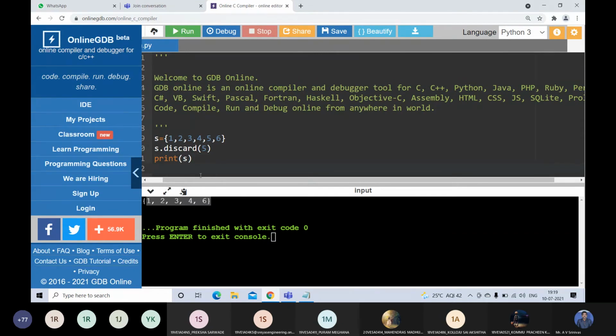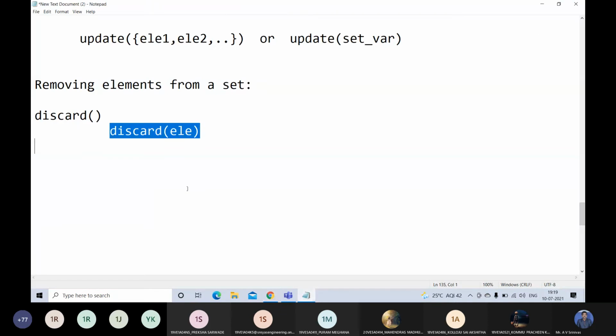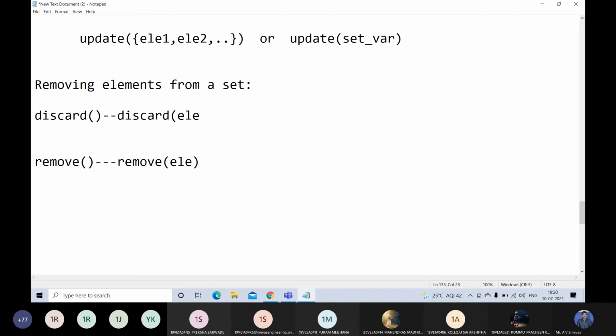There is one more method called remove method. This method also removes a particular element by using the same syntax, remove of ELE. Here we can use remove of ELE for deleting a particular element.